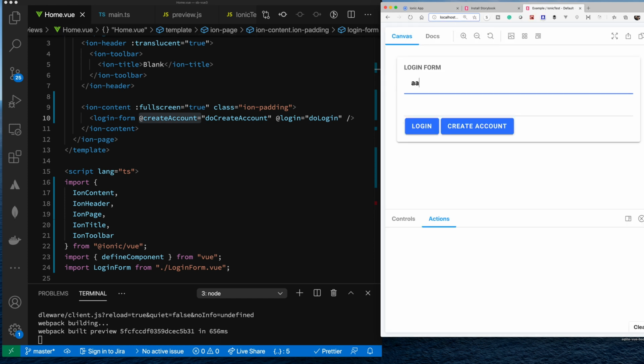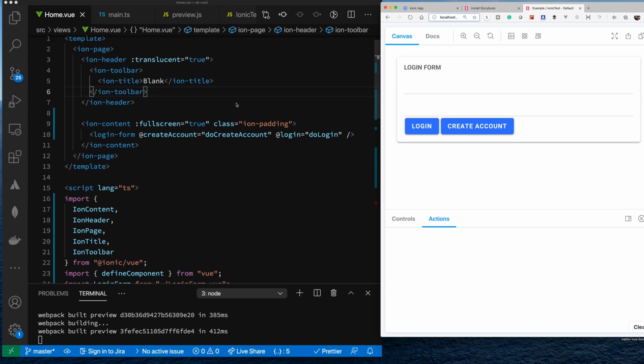If I say ARON and then pass, and I do login, it emits my event. And on my event, I tell it to call this action, and the action is named on login. And then on create account, it's the same thing. So just to kind of wrap up,